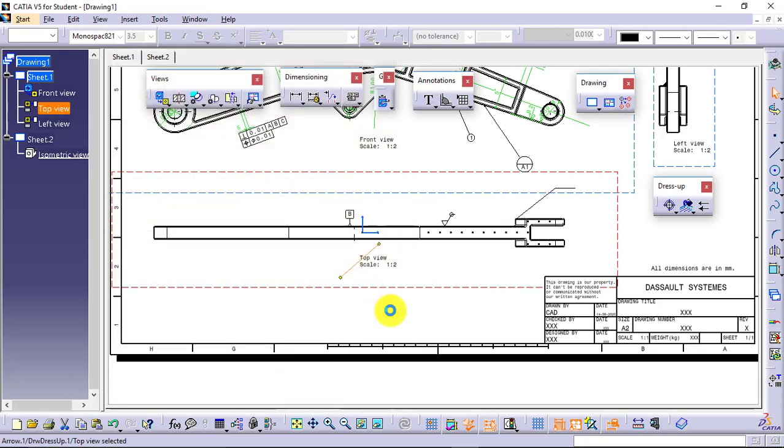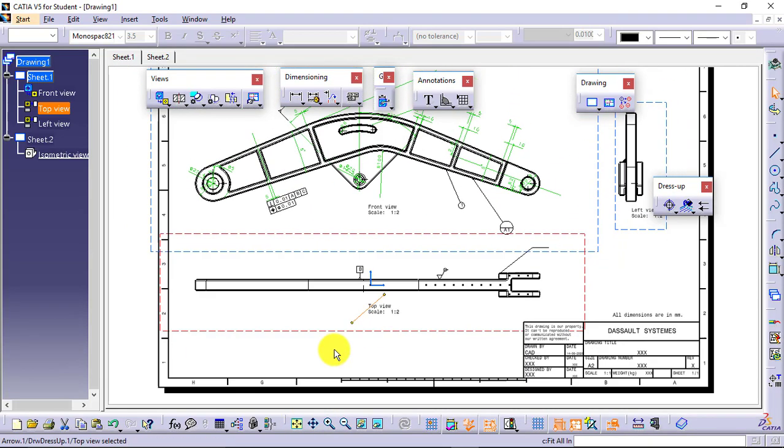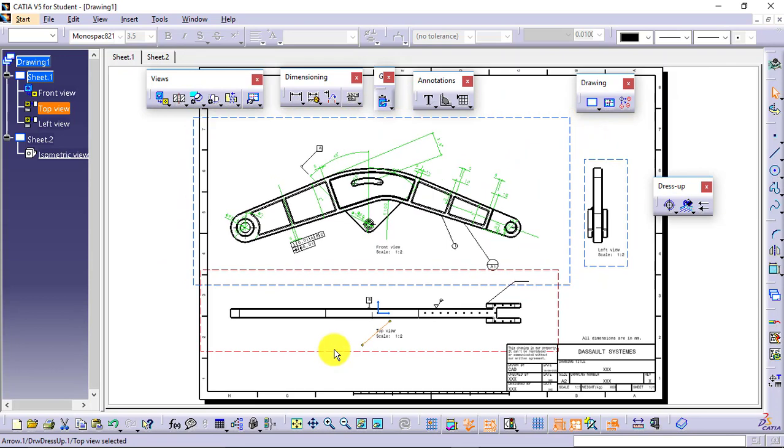So this was all about drafting in CATIA V5. When you go for saving this particular file, you will get a new file extension, .CATDrawing. So if you find any file having the file extension .CATDrawing, then that is your CATIA drafting file. If you go for Save As, then you will be able to save this drafting file as an AutoCAD file in .dwg or .dwt format. You can even convert that into PDF, you can convert that into JPG, and there are so many options available for that.